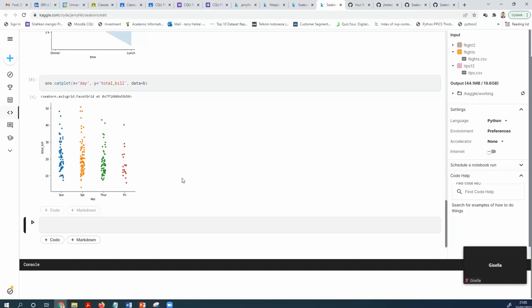Any questions? Can we use Seaborn to do mathematical calculation like last week? Yes, we can. Mathematical calculation will use NumPy. Seaborn is for visualization.